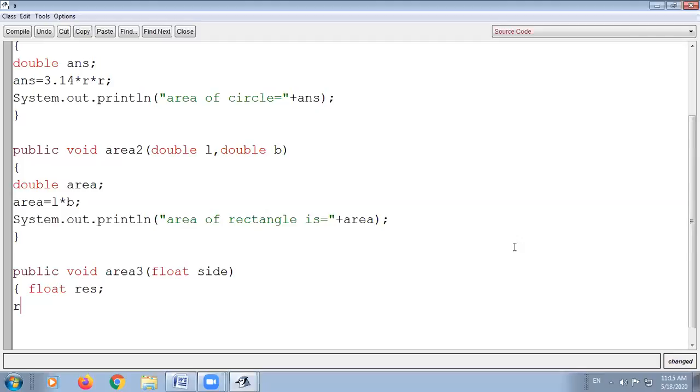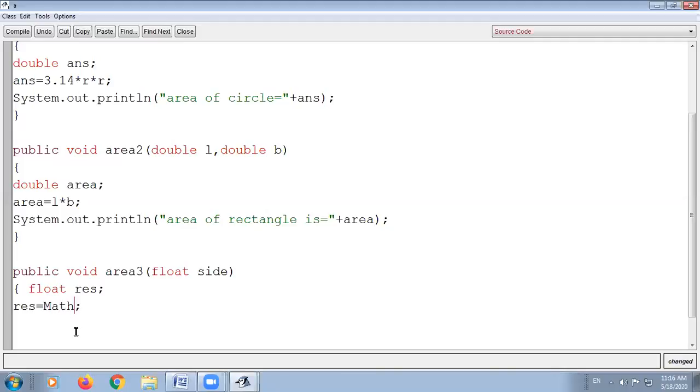So what is the value that is going to be stored in res? That is whatever the value of the side variable multiplied by the side variable, because the area of a square is side square, or side into side. Our formal parameter is side, so you will write the formula side into side, that is the side square. Or you can use the Math class also, just as it is used in calculating the area of a circle.